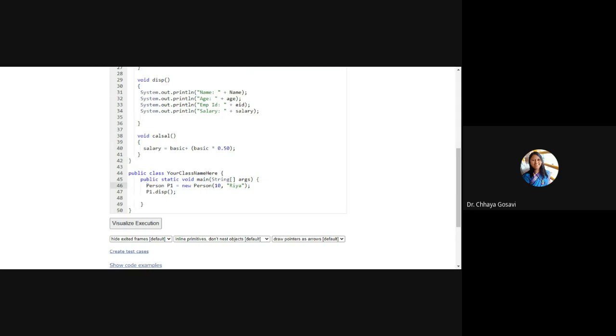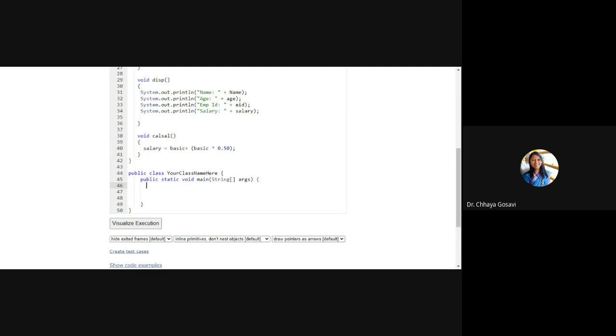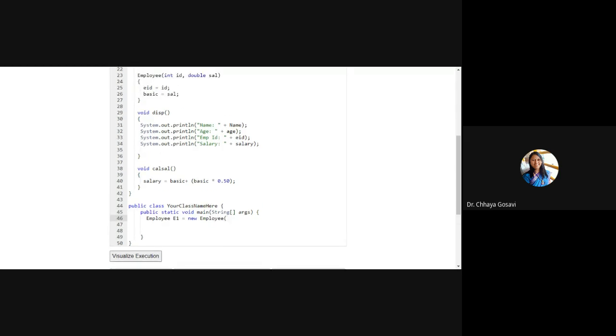Now here, instead of creating an object of the person class, I'll delete this. Now here I'm creating an object of the employee class. So how to create an object of the employee class? Employee E1 is equal to new employee. And we have to pass employee ID and salary.